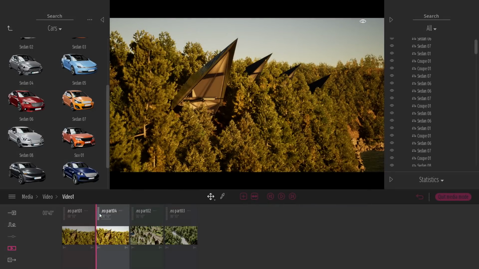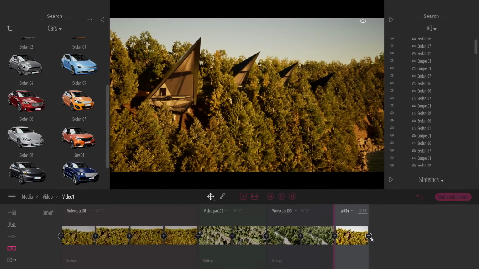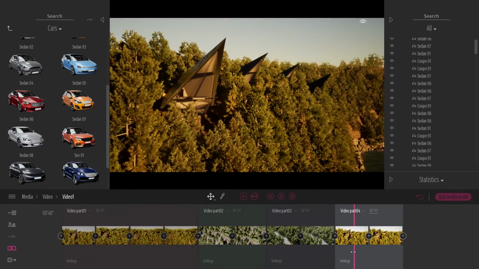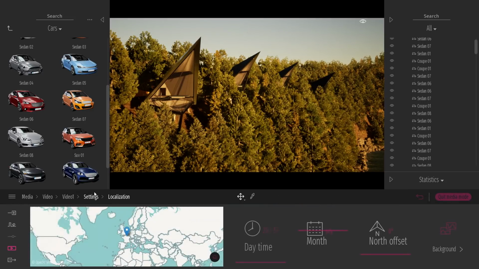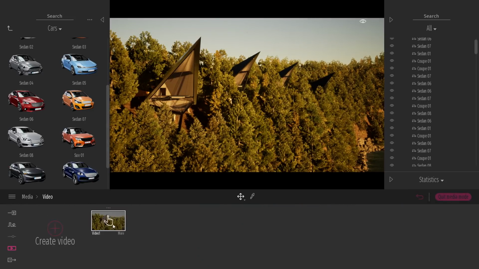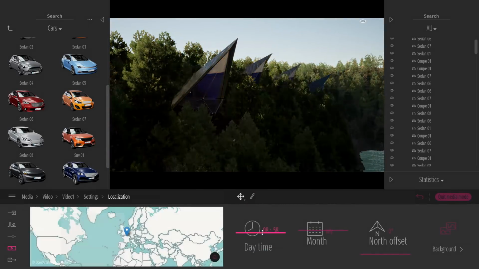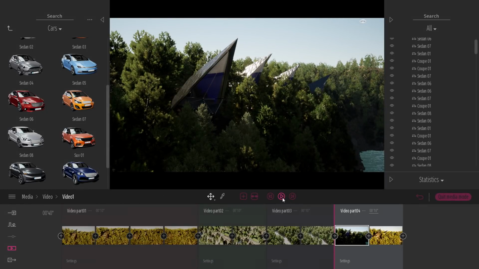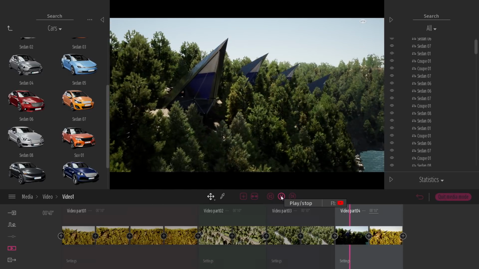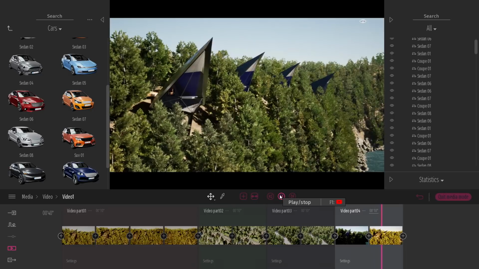So here I just created a fourth part. I will just put it at the end. In this part, I will just make two keyframes. So I have just this nice movement. On the last keyframe, the time is set at 9 p.m. That's fine. On the first keyframe, I will just put it in the morning. And now Twinmotion automatically creates the time evolution. There is nothing else to do. The first keyframe is set in the morning, the second is set in the afternoon, and Twinmotion automatically creates the animation.